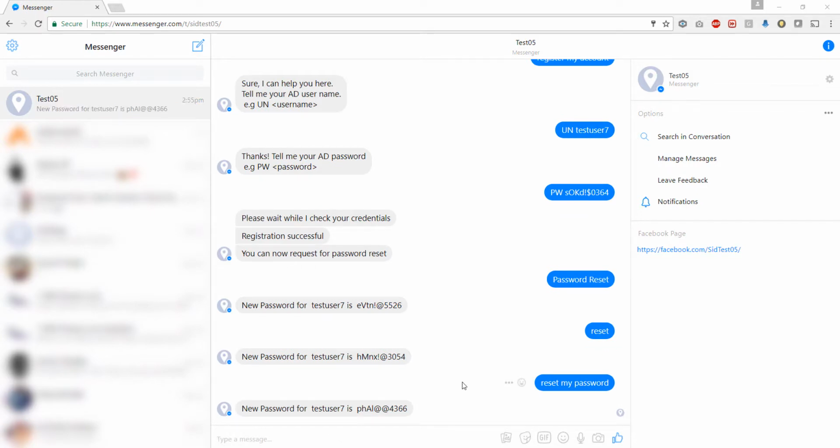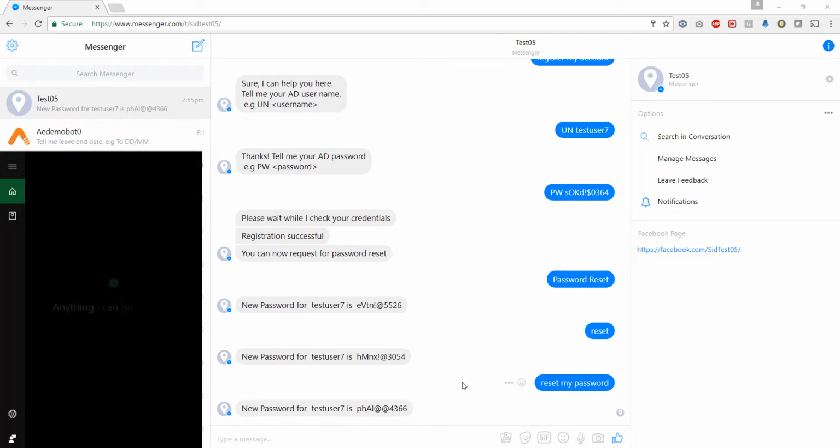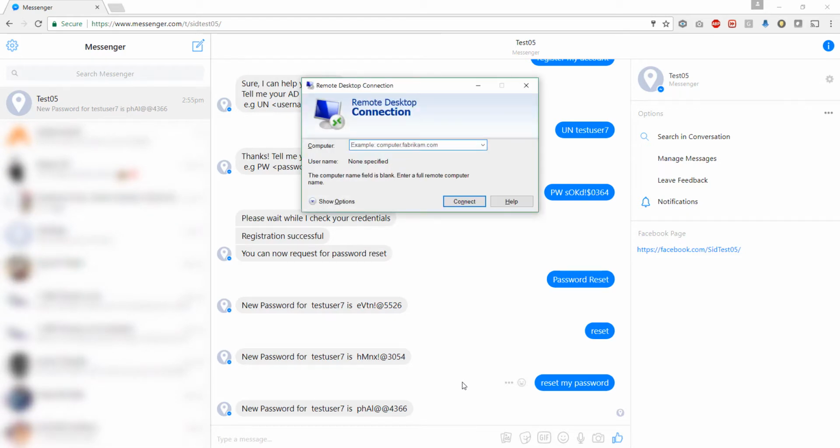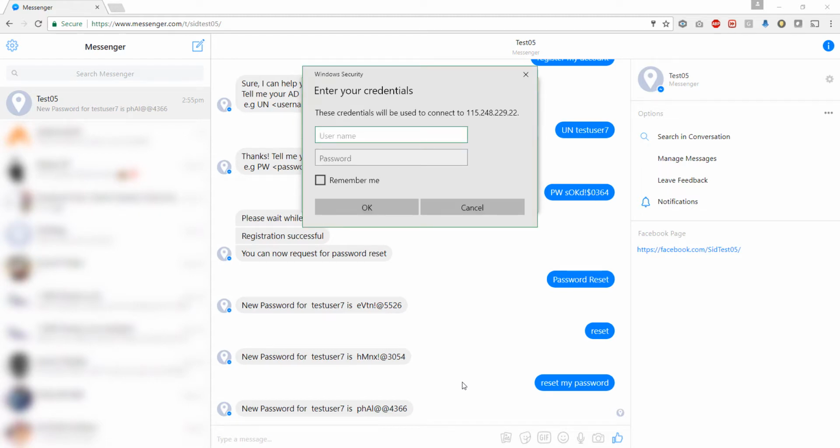Now that we have a new reset password with us, let us try logging into this user with the new password. So let me do that, taking a remote. Okay, so I have entered the credentials for the user.